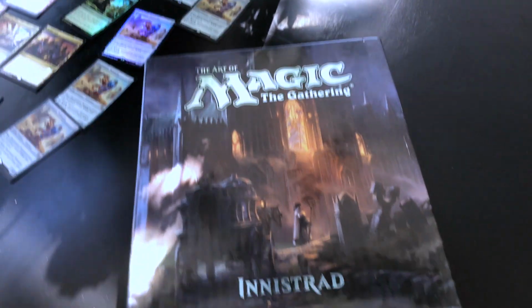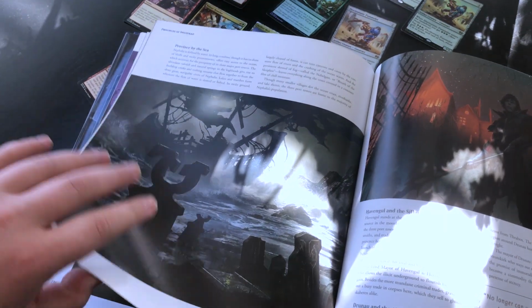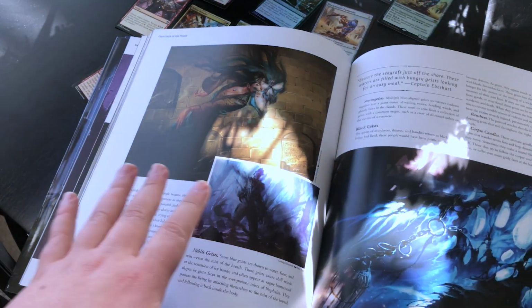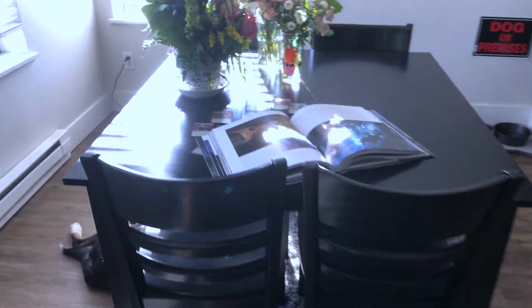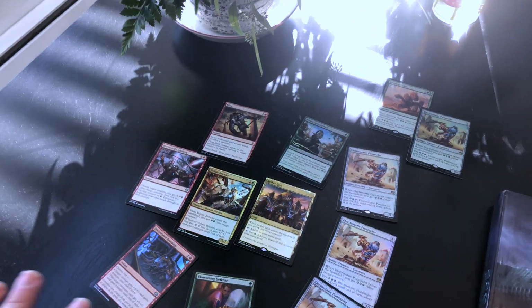So I'm gonna see how cheap I can make this because I'm totally into this manifestation of magic art in our house in a way that's palatable for other people who aren't necessarily into the game, with coffee table books and of course my Therese Nielsen, Christine Sprankle, Chandra piece that is signed. And for a while I used to do fat pack art and stuff like that, but like this Aaron Kane deck box that my girlfriend got me for Christmas. So I just want a way to show off the actual cards instead of just the art